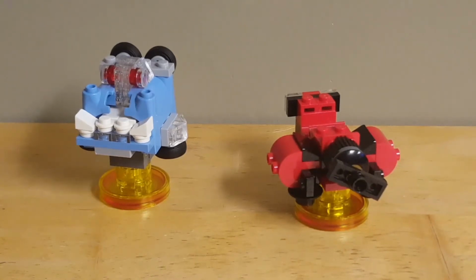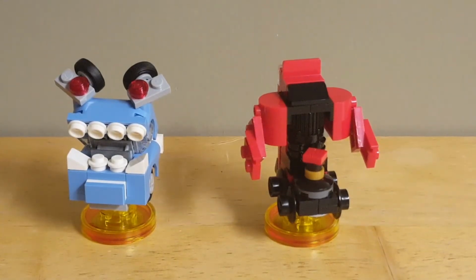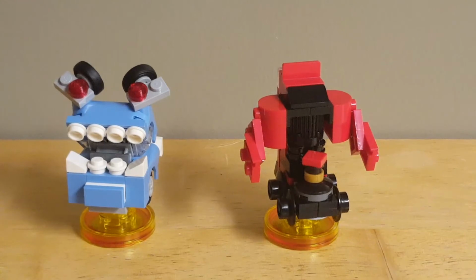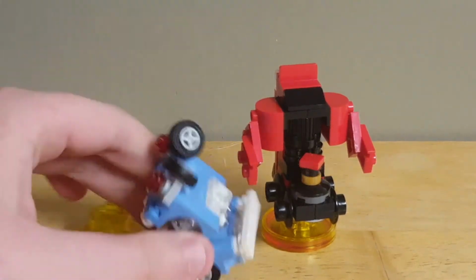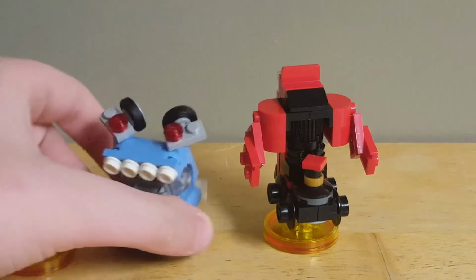So now let's move on to the tertiary builds of each, those being the Monstrous Mouth and the Steam Warrior. So here we have the last 2 builds of this pack. Starting off with the Monstrous Mouth, this thing is really wacky looking and I love it. Just removing it from the base, you can see that it wheels around on, well, 2 wheels, so that's kind